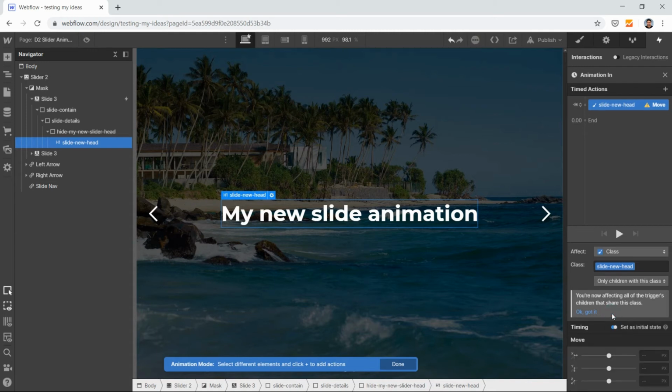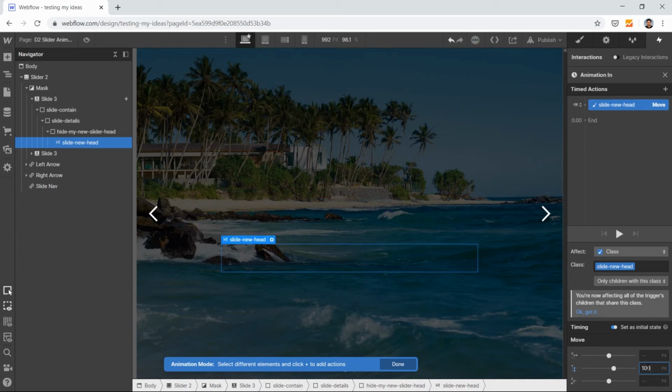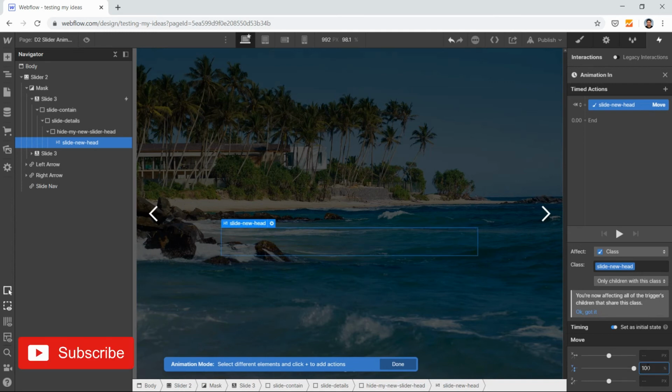So what it says is, what should it be initially, do you know? Initially it should be here, it should be hidden.